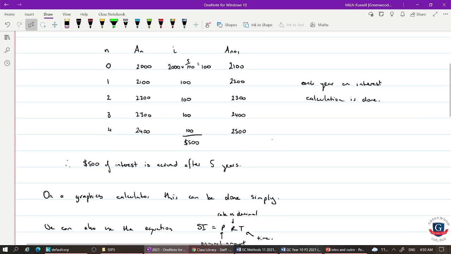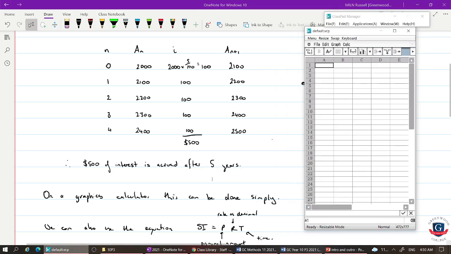Easy enough so far. Now we can do this really simply on a graphics calculator, which is probably a bit of overkill for this problem, but if we were calculating it over 60 years, it might take a bit long doing it by hand. So let's have a look. First, go to spreadsheet mode, start with 0, put our initial amount in here,